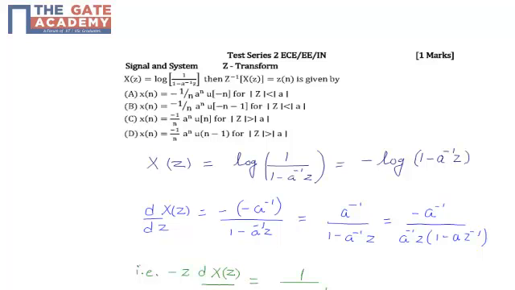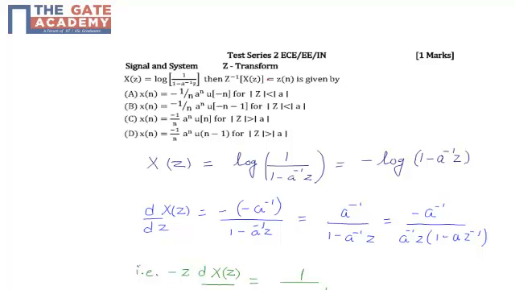Hello students, the following question is from test series 2, subject Signals and Systems, chapter Z transform, and the question is asked for 1 mark. Question is, if X(z) is equal to log of 1 by 1 minus a inverse z, then the z inverse of X(z) is equal to x(n), which is given by,